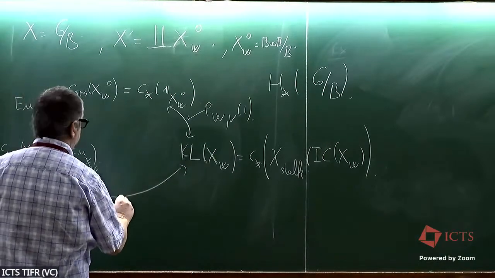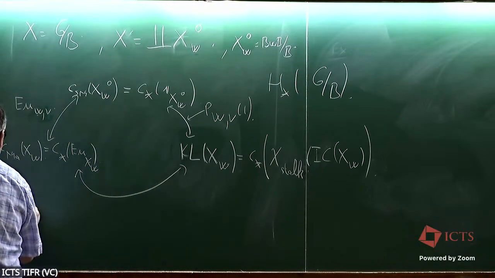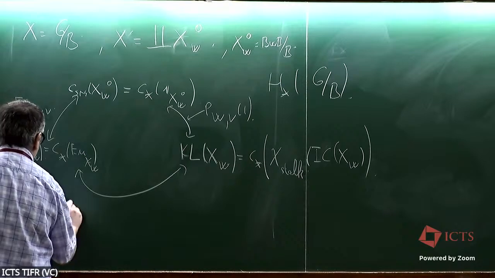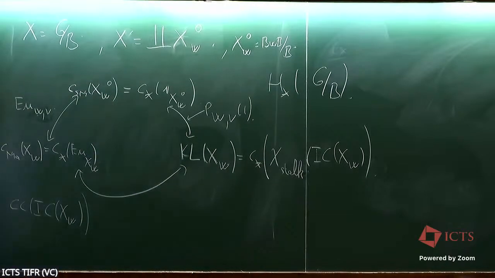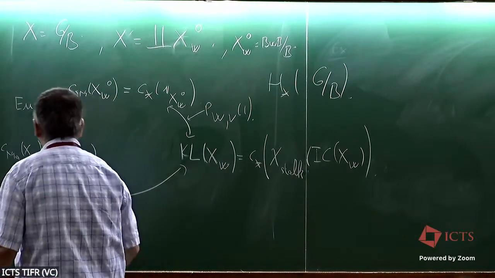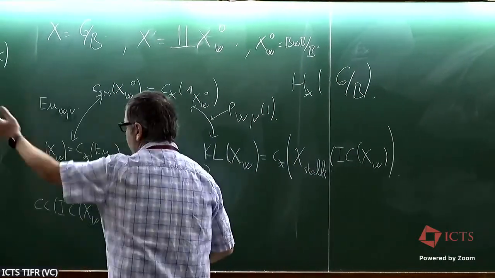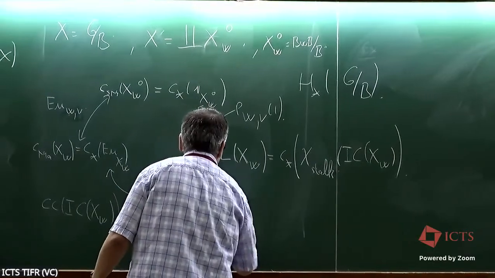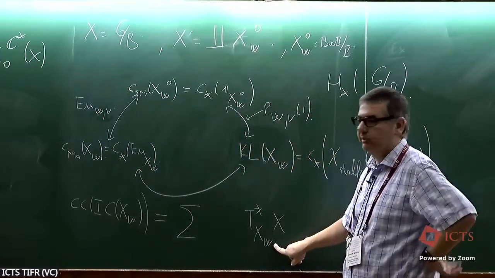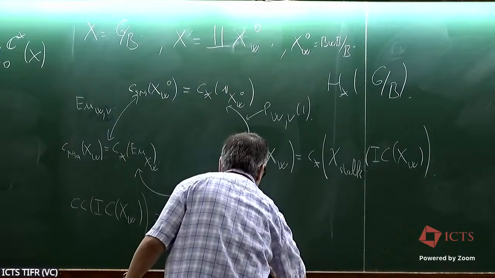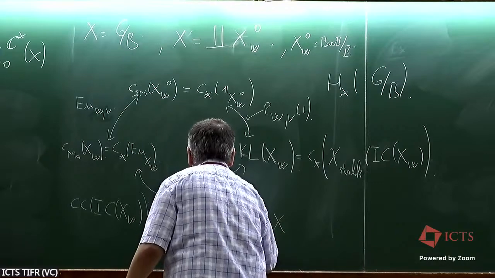Maybe let me say one more thing. If you look at the characteristic cycle of the IC sheaf of a Schubert variety, this is going to be some element inside these conic Lagrangian cycles. It has some irreducible components, but we know what the irreducible varieties are. They are just conormal spaces associated to the Schubert varieties. So there must be some multiplicities here. This multiplicity is m_WV.